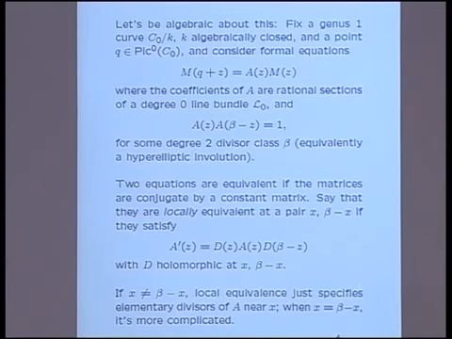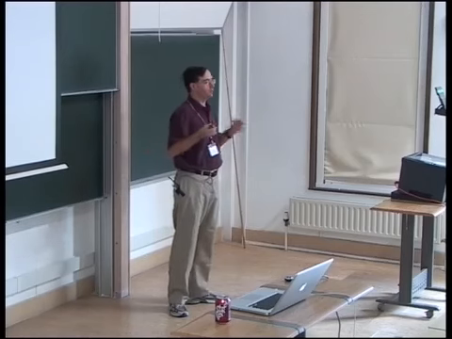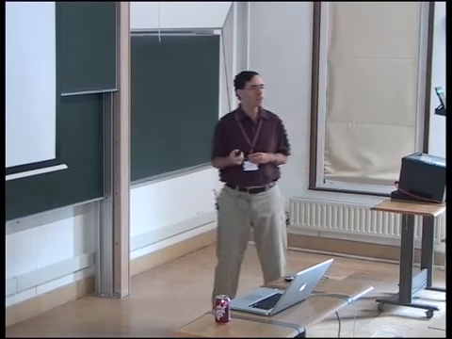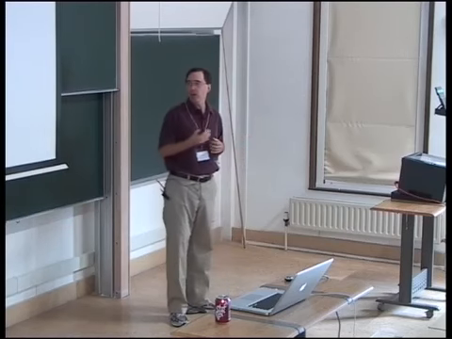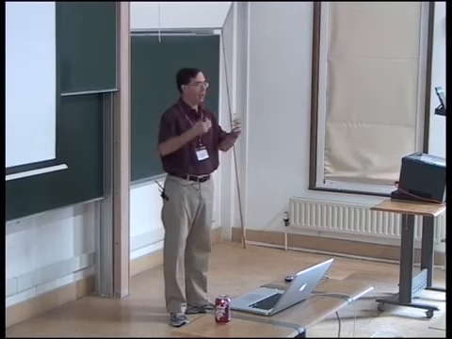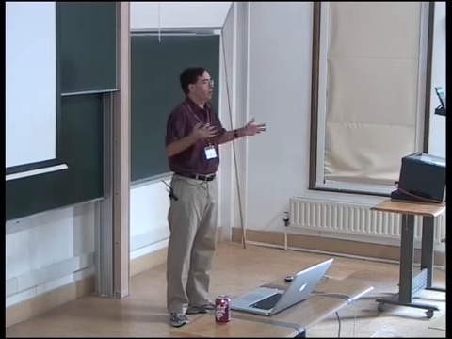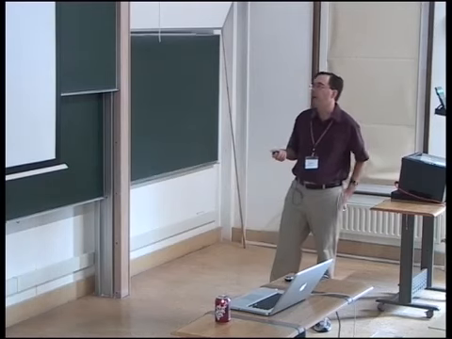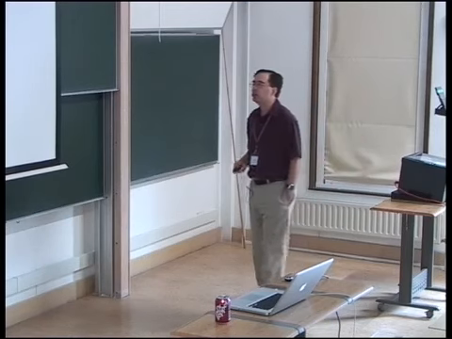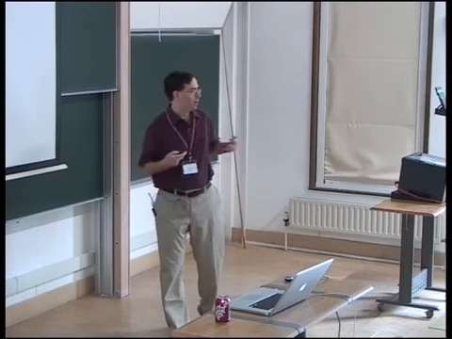And we say we'll consider A and A prime locally equivalent at x if, by using things that have poles outside x and beta minus x, we can make them equivalent. Most of the time, all this tells you is what the elementary divisors are. If you take the natural power series ring near x and look at A as a matrix over that power series ring, what are the elementary divisors of the matrix? That turns out to be the same as the local equivalence. At fixed points of this involution, it's more complicated, but it's indeed possible to figure out what it means.